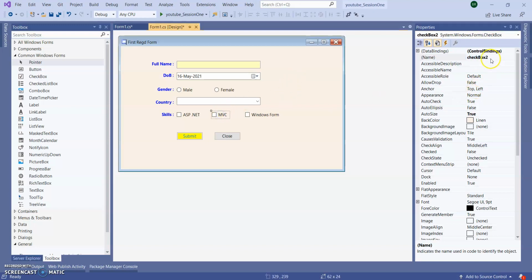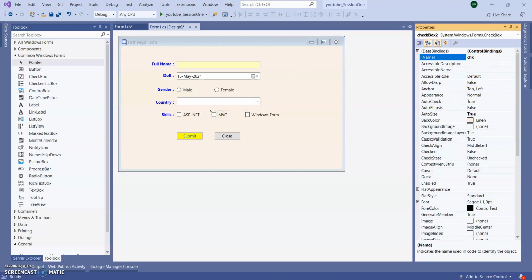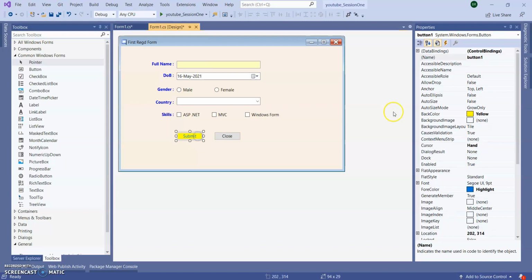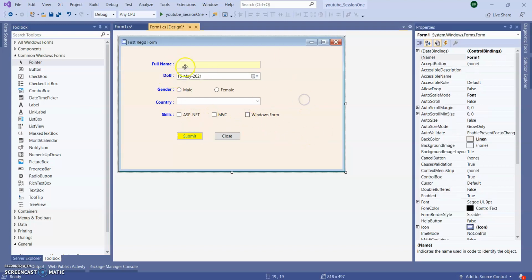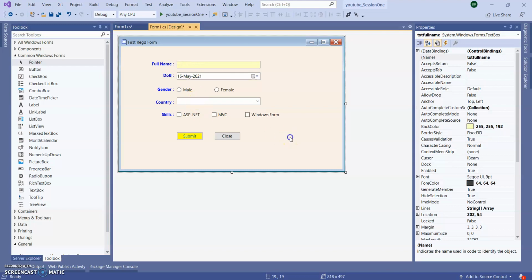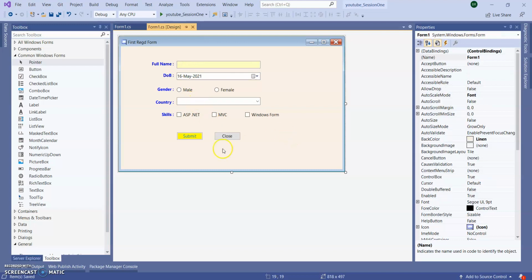For MVC, I am just giving chk mvc. And for Windows Form, I'm giving chk winform. And for this button submit, I'm giving the ID, or name, as btn submit. As we have already set all the control IDs for our complete form, let's do some validation.